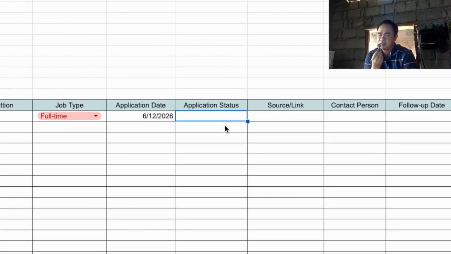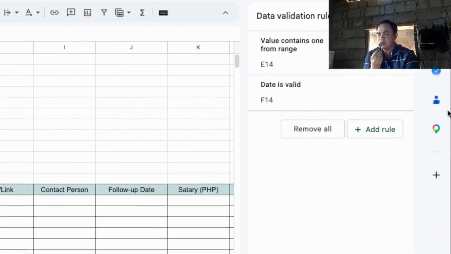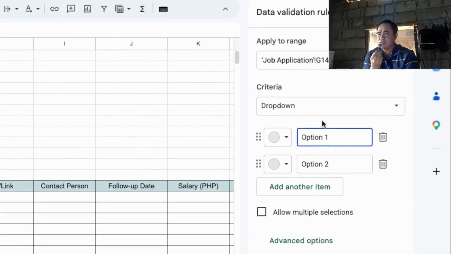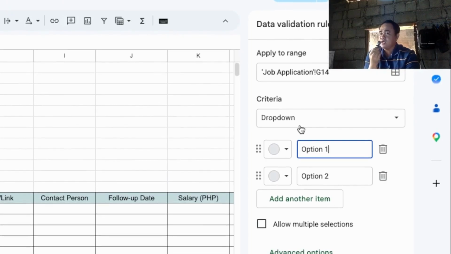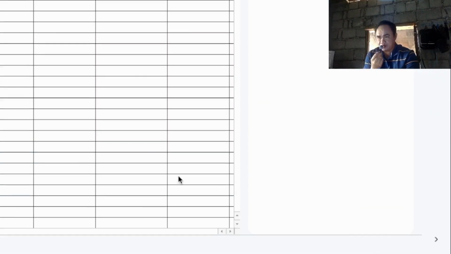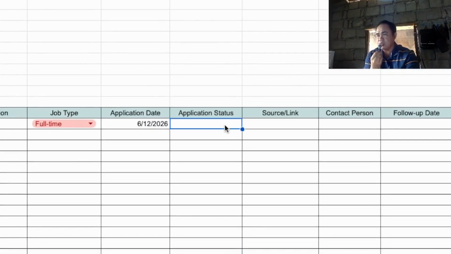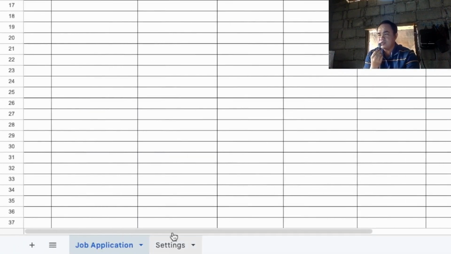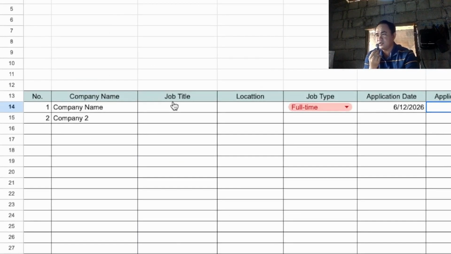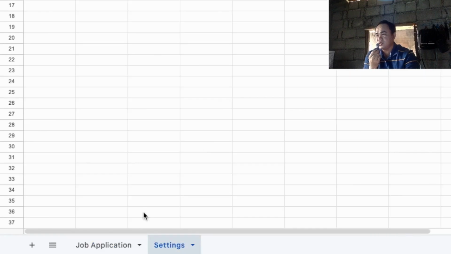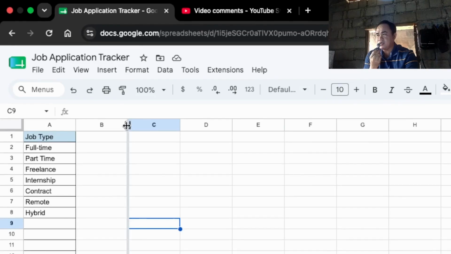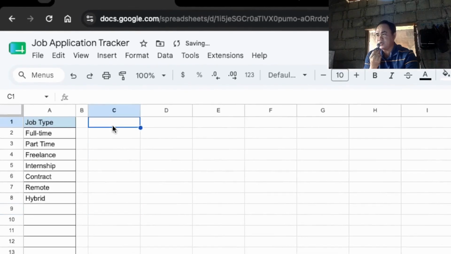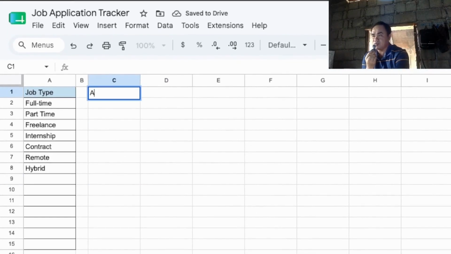So again, this is, guys, another drop down list. Instead of adding a rule and just using the drop down criteria, we can put this in settings again. So you just have to go back on the settings sheet, and then let's add space before adding application status.